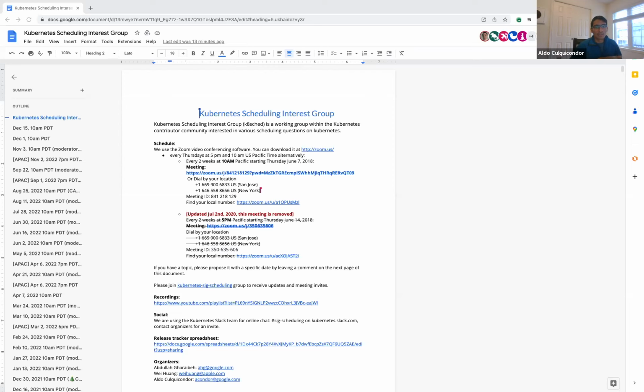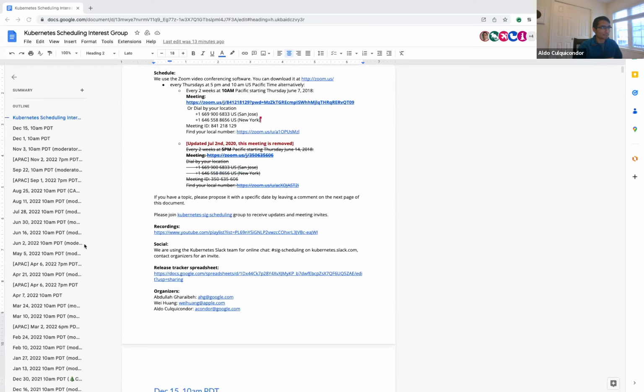Okay, so meantime, as I was trying to say, sorry about my cat. We were, with the help of SIG scalability, running some performance tests, and we discovered a few low-hanging fruits that we can do on the scheduler to elevate the throughput. Yes, you might know for several releases we've been working on performance, and we are really getting down to the very low level details, but there's still room for improvement.